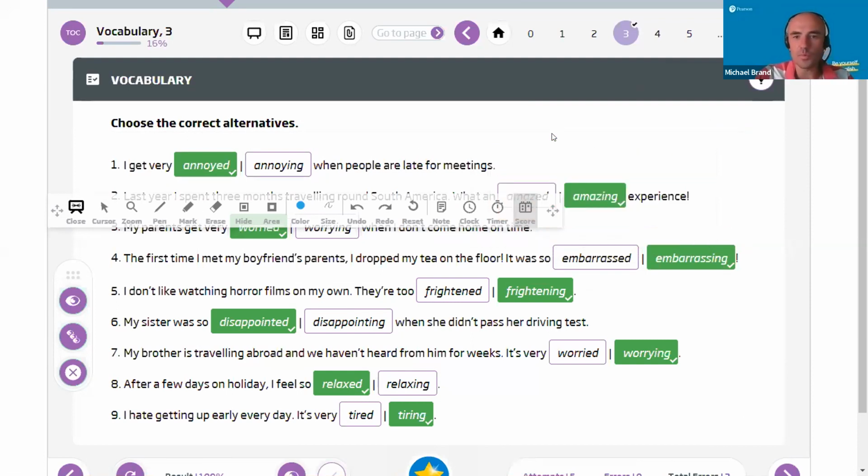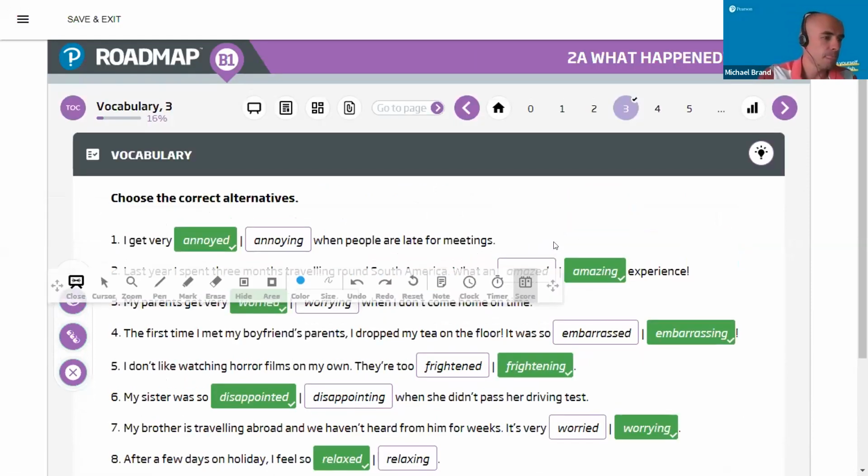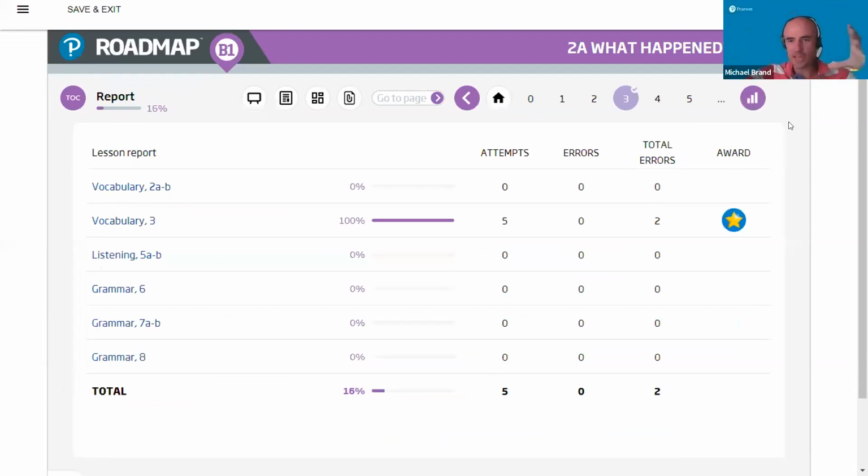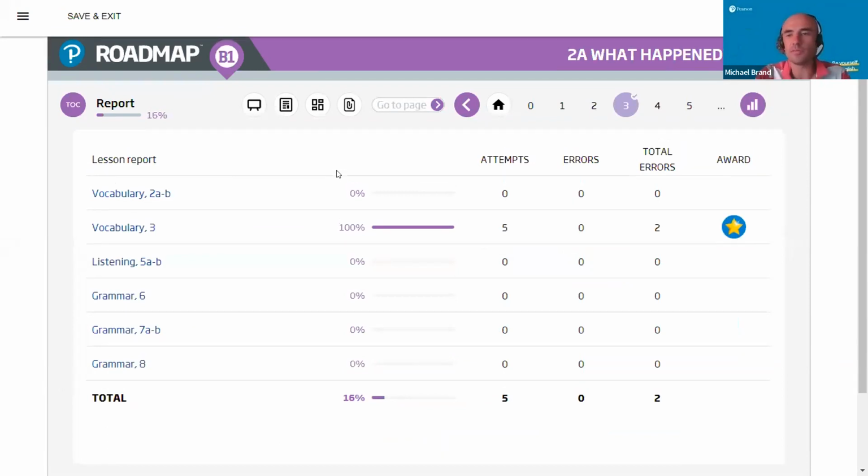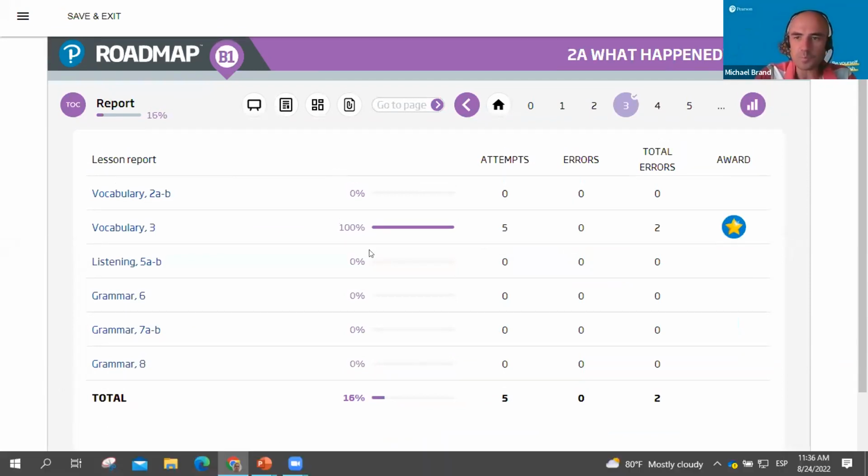Anyway, we've done our activity, and I want to show you the top right, the lesson report. Again, the teacher has this for the presentation tool, but the students have it in their digital books as well, and they can see how they get a report on the lesson. I've actually had 5 attempts on that activity I just showed you.